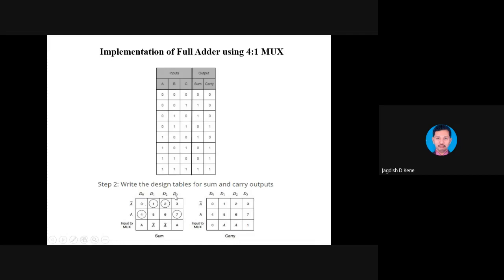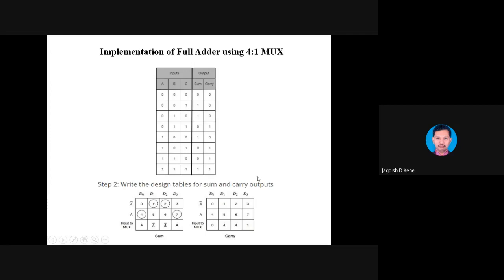The D0 to D3 are what? Input ports of the multiplexer. And A bar and A is the fourth combination, so that will be required as an input to the multiplexer. Okay, so here for sum we have the combination. This is 1, so 1 is there. This is 2. Then 4 is 1 and 7 is 1. Okay, so we have developed this, and according to that, the output of sum is active 1.